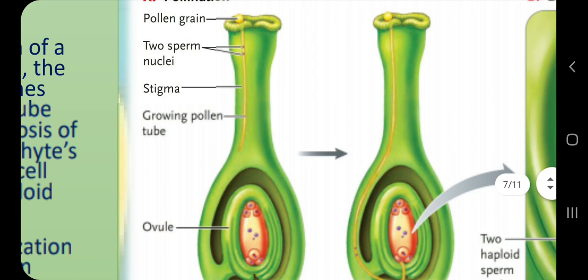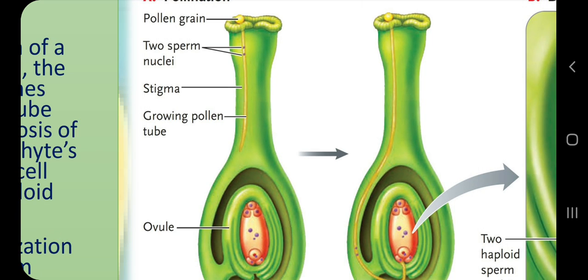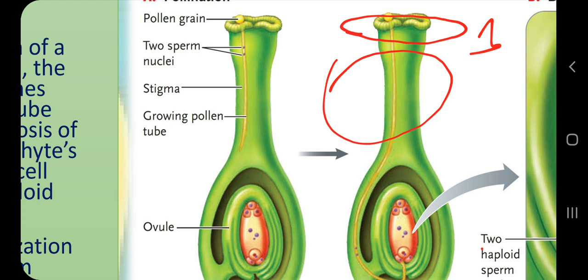And here we can see clearly the role of the style. There are 3 parts of the female reproductive part, which is called the carpel. One part is the stigma, the second part is the style, and the function of the stigma is to accept pollen grains during pollination, and the germination of pollen of course. And what is the function of the style? It is a hollow or very soft tissue, and it is the path for the pollen tube. And finally this pollen tube will reach the embryo sac.